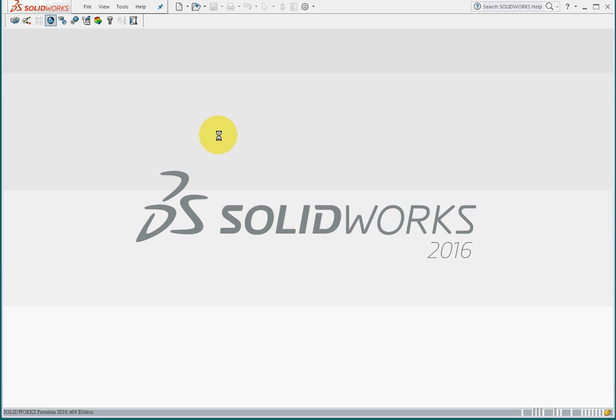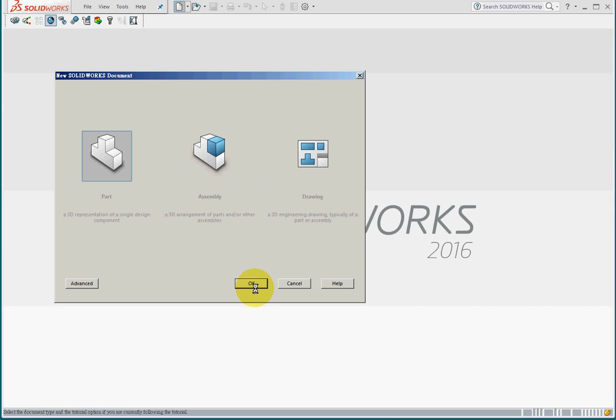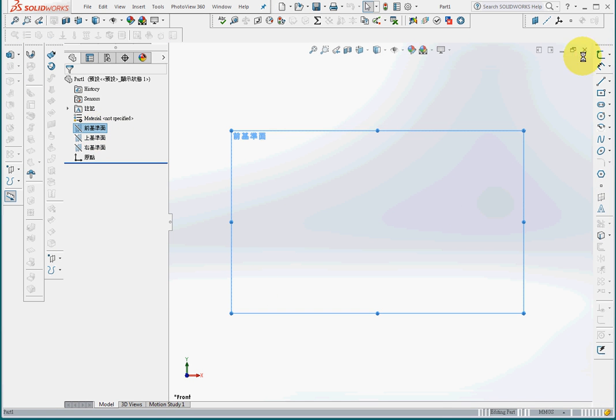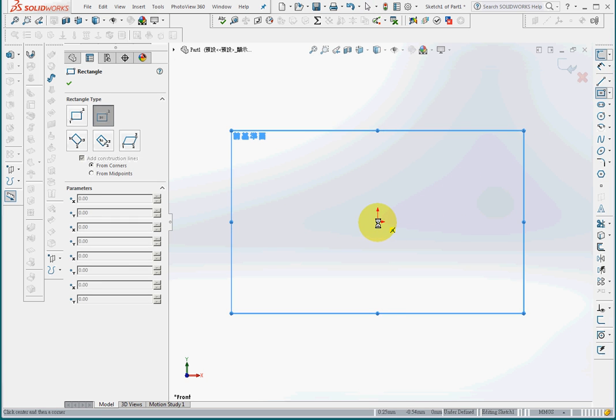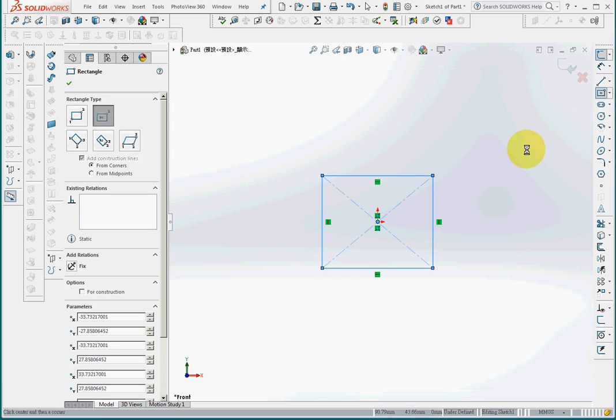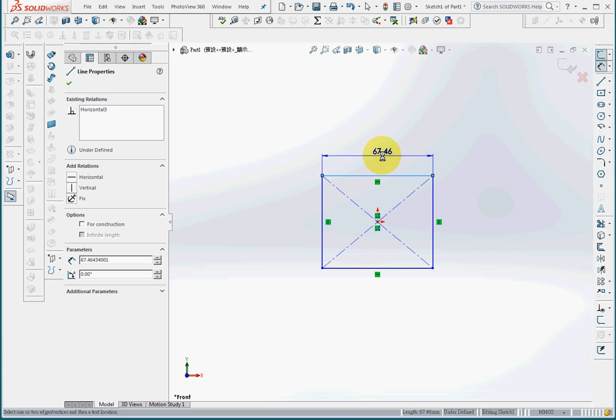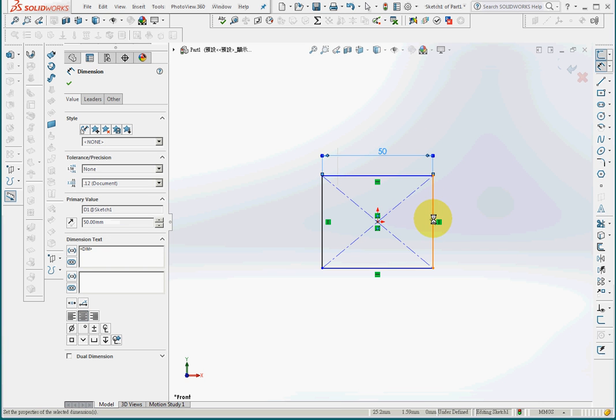COMSOL Multiphysics Lecture 2, Deflection of a Cantilever Beam. Open a part file in SolidWorks. And now XY plane, enter sketch mode and draw a rectangle or a square. And we place the dimension as 50 by 50